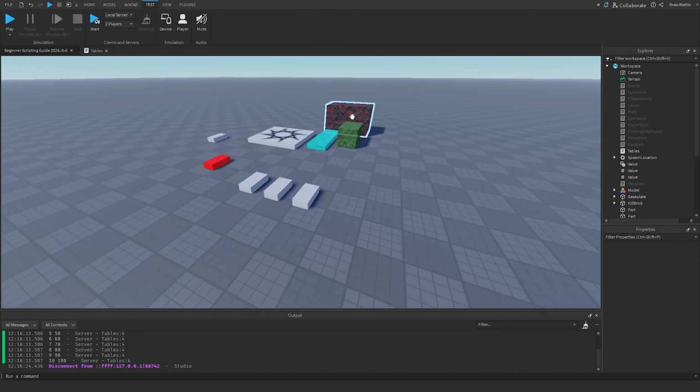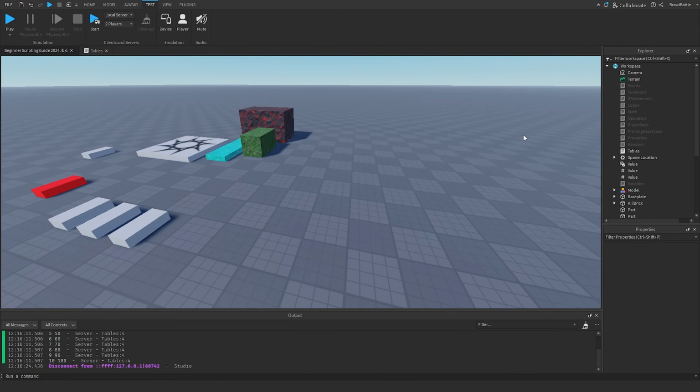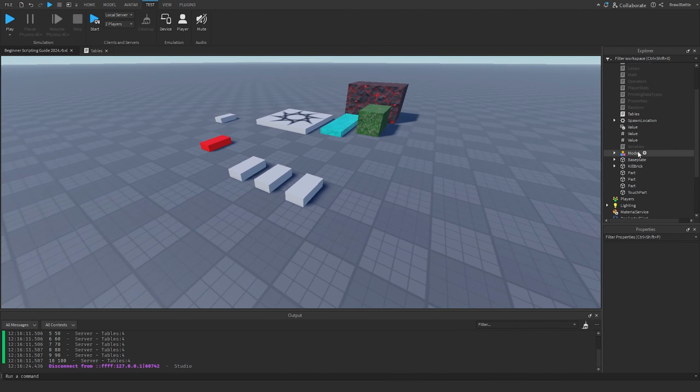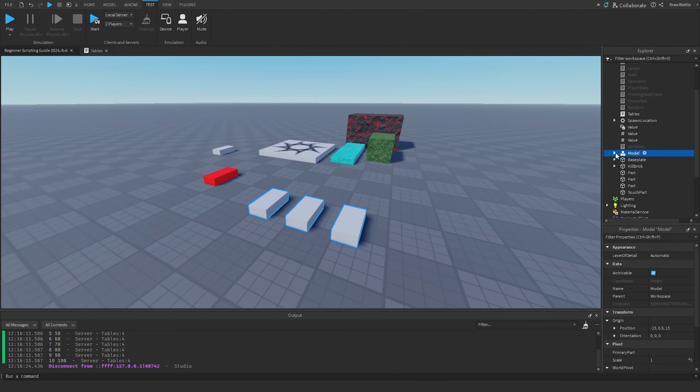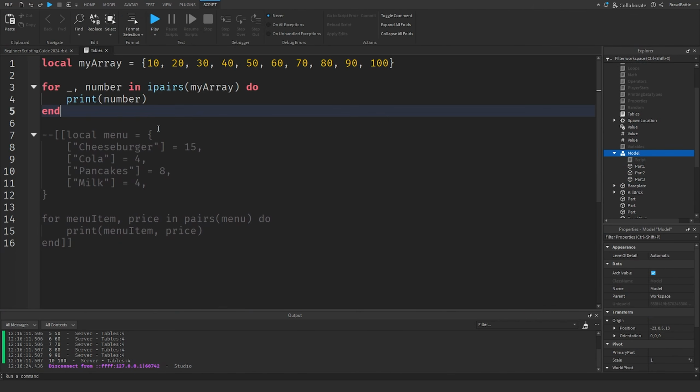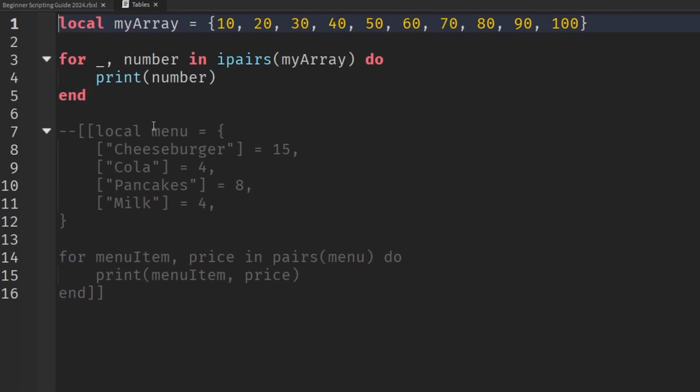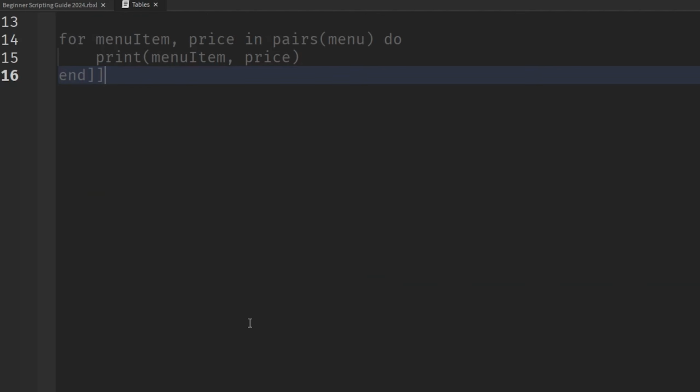So this is going to be the last thing we're going to be doing, and that is using a model and iterating through all the parts inside of the model. So what I'm going to do is take our model that we created from one of our previous episodes. I forgot which one it was. I think it was events. But basically, if you don't have a model like this, you could just quickly create one and add 3 parts inside of this model. And first of all, I'm going to comment out all the code we have over here, and I'm going to make reference to our model that we created inside of the workspace. So I'm going to say local model equals